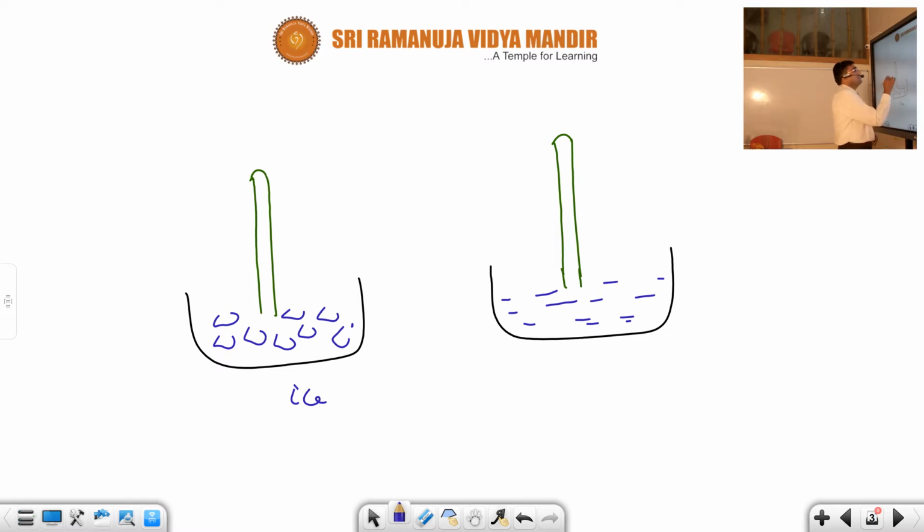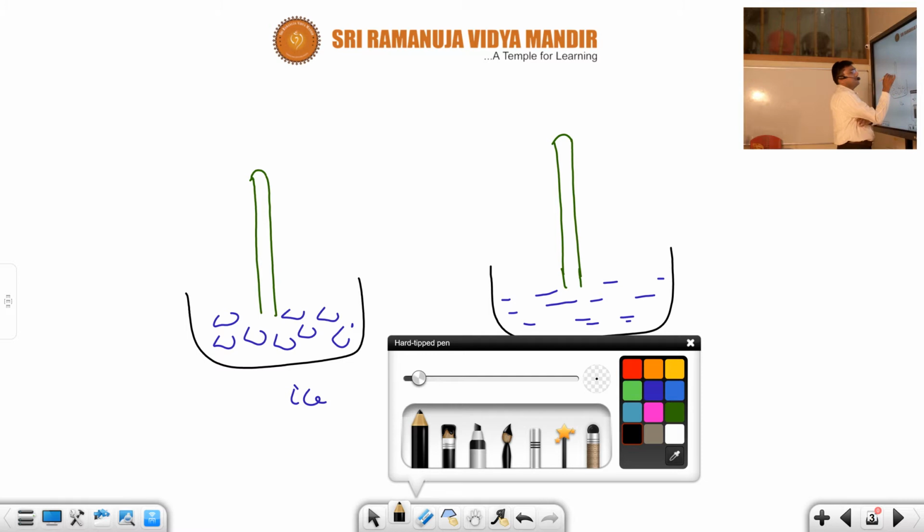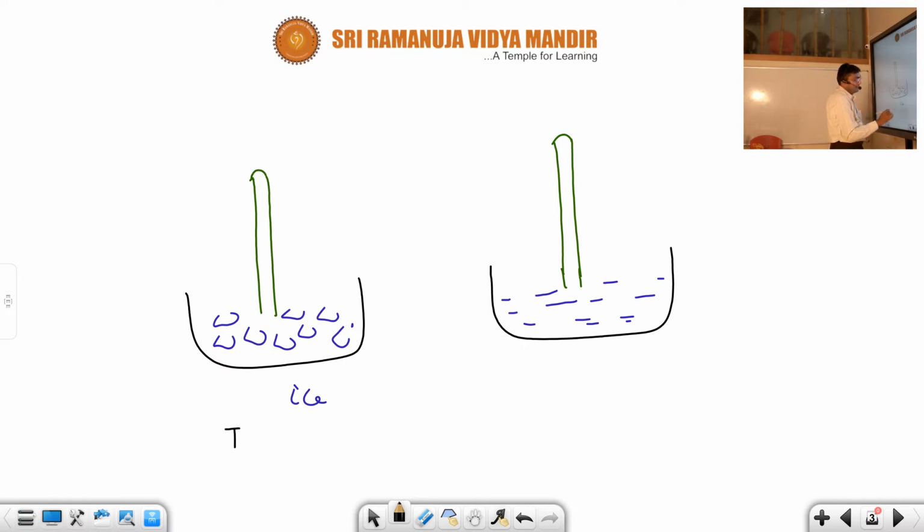Now students, initially the mercury level is here. Let us take the temperature as 0 degrees centigrade. When the temperature is 0 degrees centigrade, what happens? The volume will be very less. Now, for example, let us take this temperature as 28 or 30 degrees centigrade. Then what happens? The volume increases. So you can see the volume increases. This is how Charles understood that.